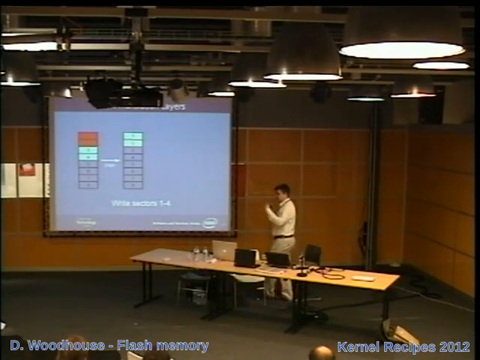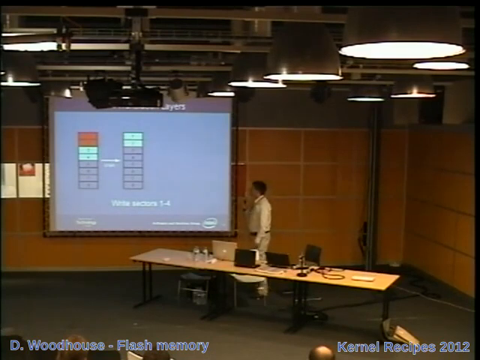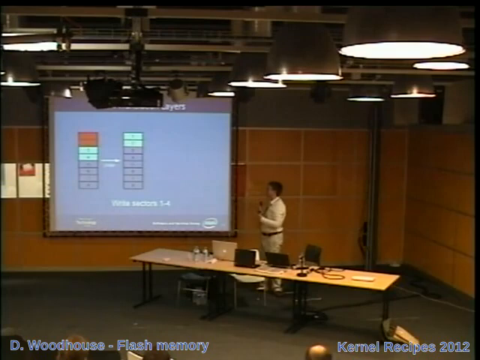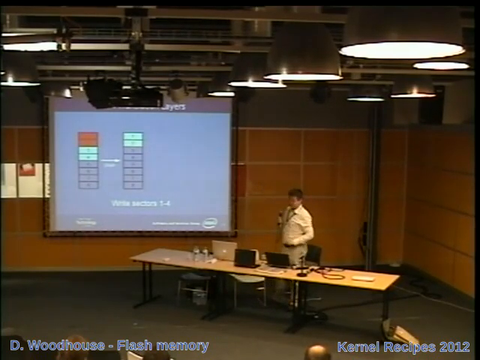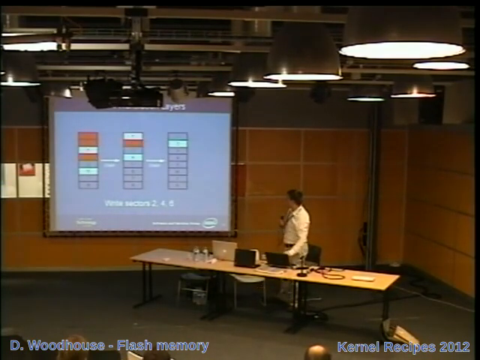We used the spare area in each page for this to say that actually the contents of sectors 1 and 2 come from this second block in the chain, and the contents of sectors 3 and 4 come from the first block. So we build up a chain of physical erase blocks for a given virtual erase block,